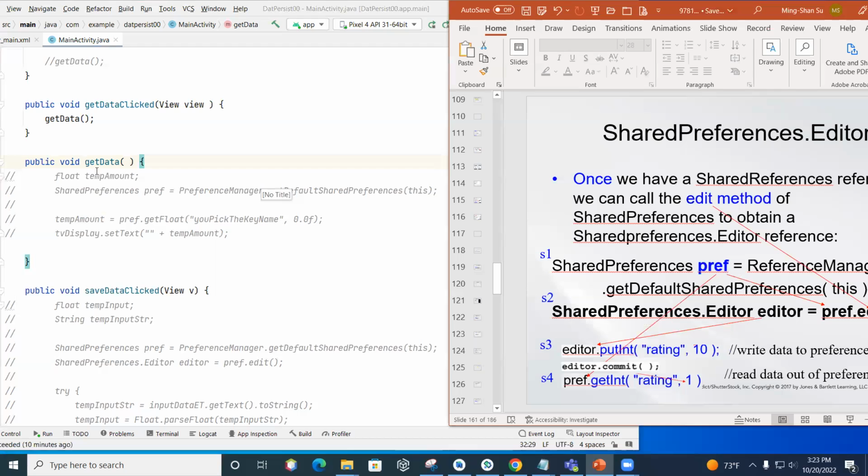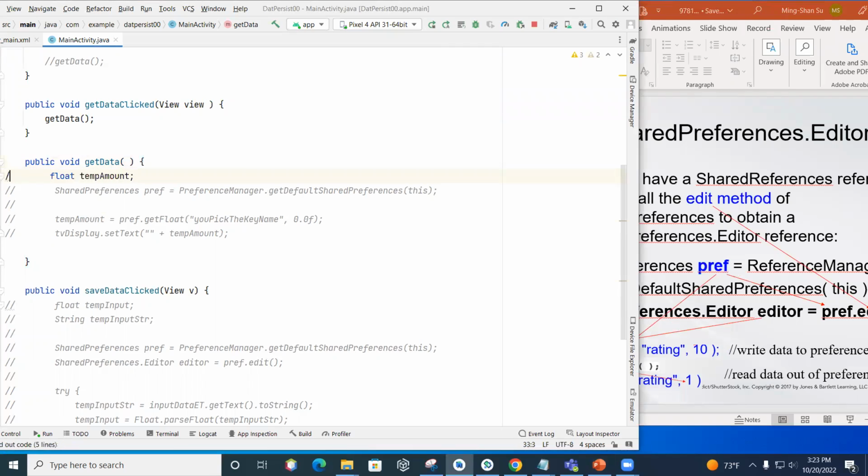Okay, so over here, I want to retrieve the data stored in the shared preferences, right? So first of all, I just declare a variable. You can declare a variable of whatever type, but here I declare a variable of floating point data type. The variable name, you pick it. That's why I say temp amount. Okay, and then once you have that, remember